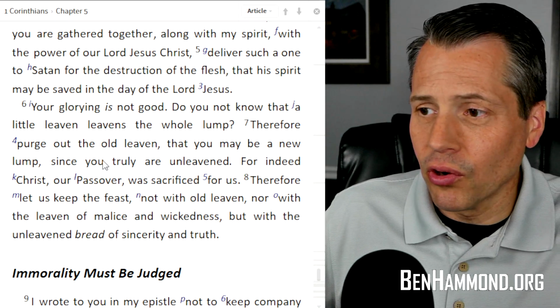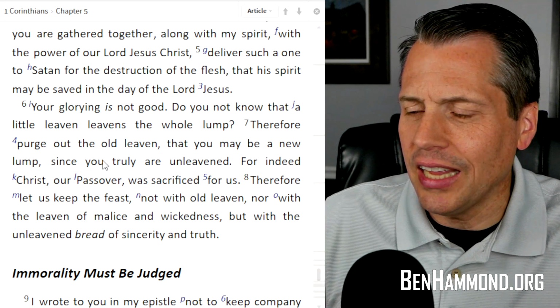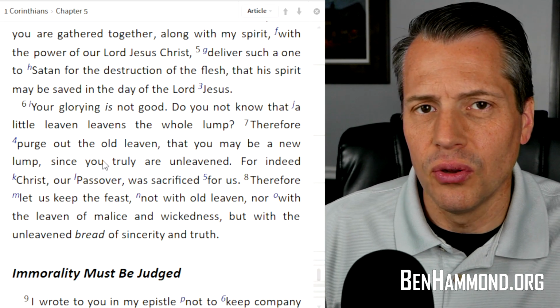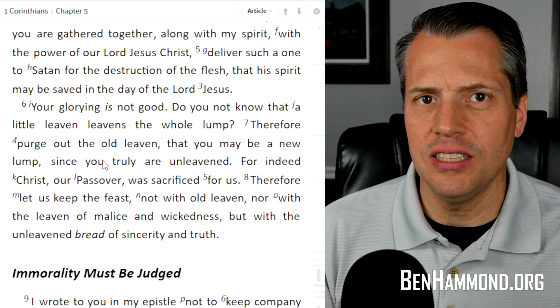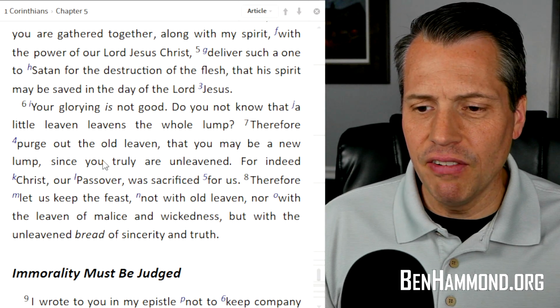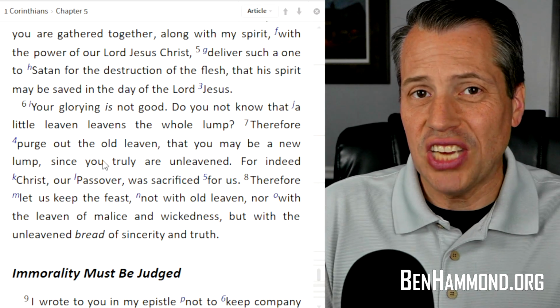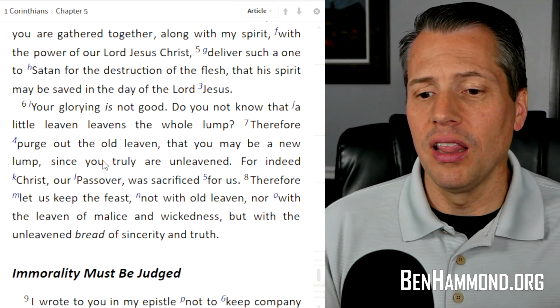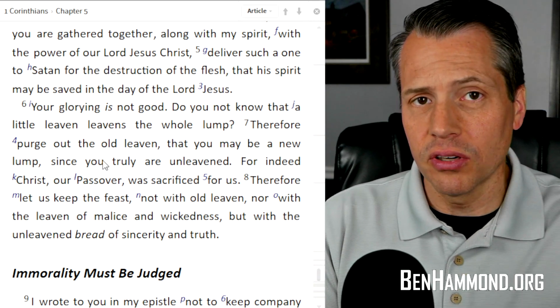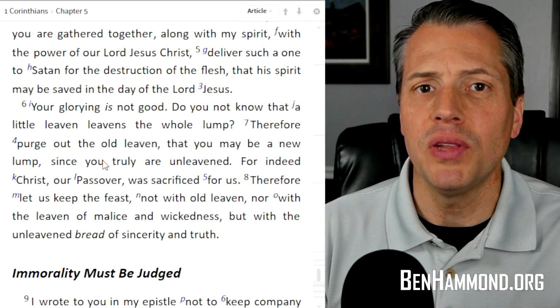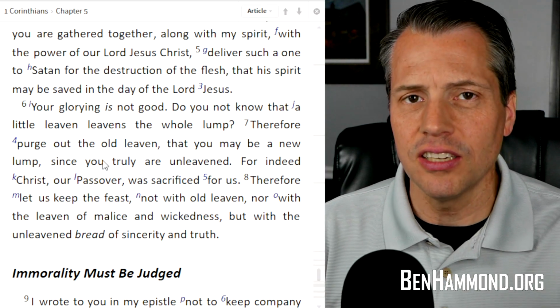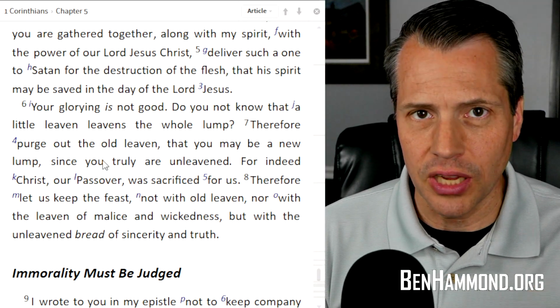Moving down, "Your glorying is not good. Do you not know that a little leaven leavens the whole lump?" You know what he's saying here? He's saying you are allowing sexual sins in your church. And even though you might not be actually standing up there and saying it's okay to do this, you are allowing this to go on and you're actually glorifying this. And that action itself teaches people something wrong. And that thing that they're teaching that is wrong is that sexual immorality is okay.